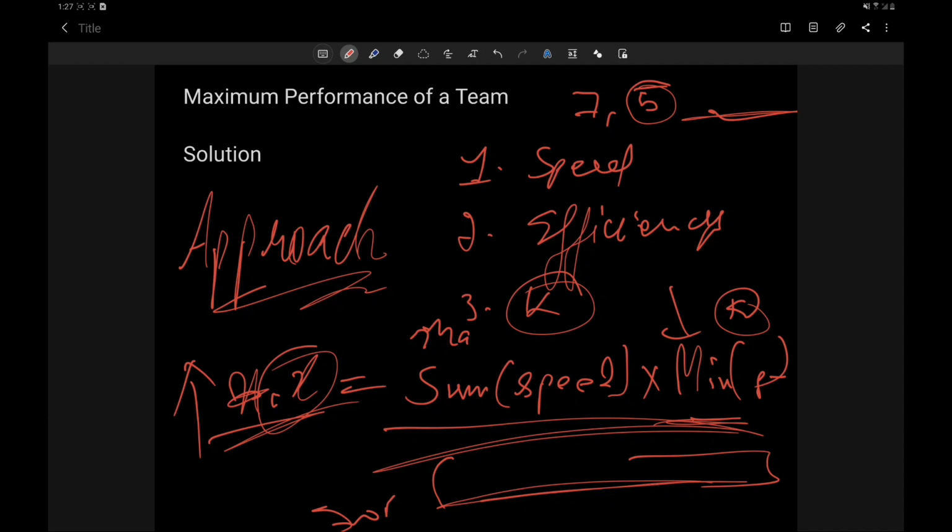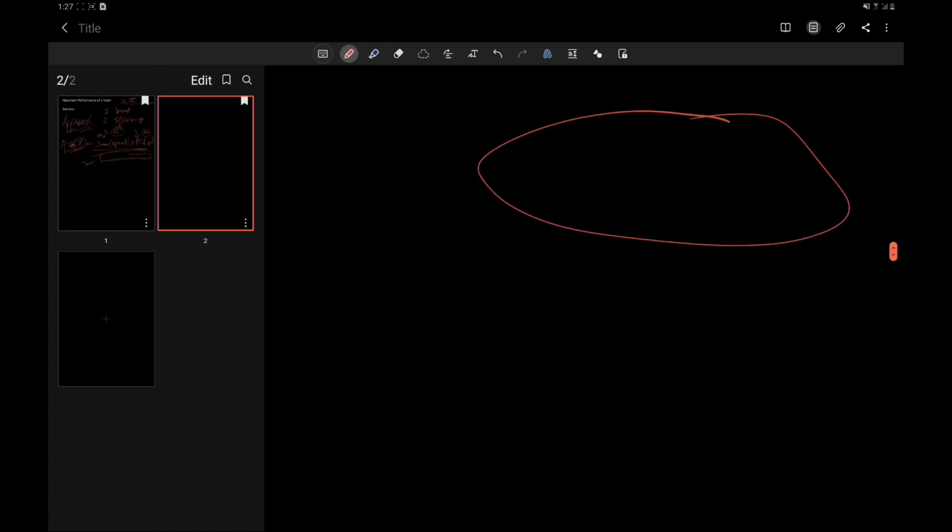Now one more thing that I would like to point out is that after sorting that, we will take a queue, where the sums would be stored based on the traversal. All right, we will traverse it, and the size of the queue would be k. Why k? We will maintain k elements, the speeds of the k engineers that we want.